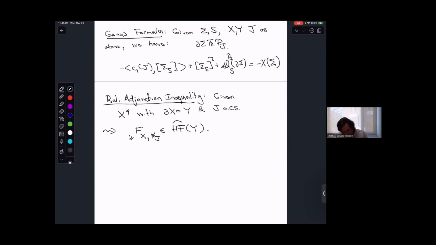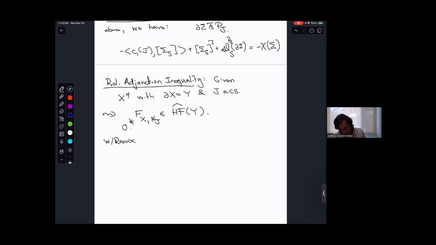Supposing that this is non-zero, then with Catherine, we have proved an adjunction inequality of the form: the Chern class of that spin C structure associated with the almost complex structure, evaluated on one of these capped off surfaces